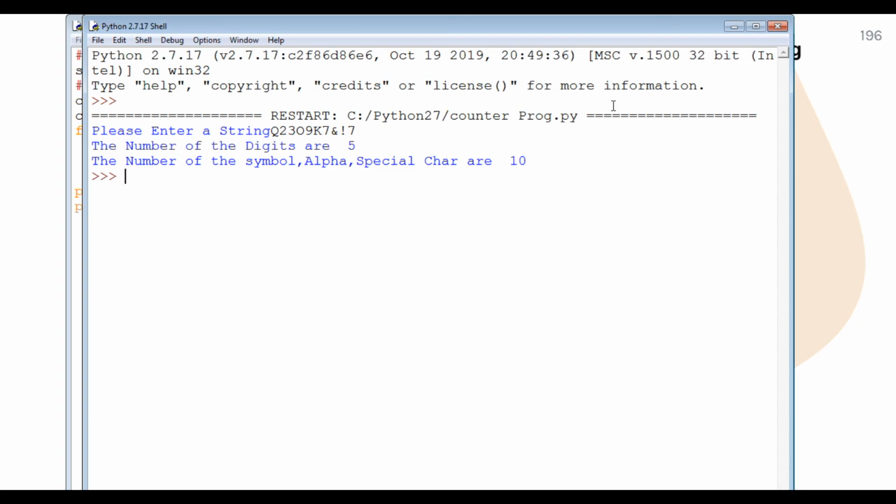Definitely we'll count how many digits are there: 1, 2, 3, 4 and 5. And the number of alphabet symbols, these are 10. Here is Q1, O2, K3 and 4, ampersand 5, space 7. Okay, like this it will come.